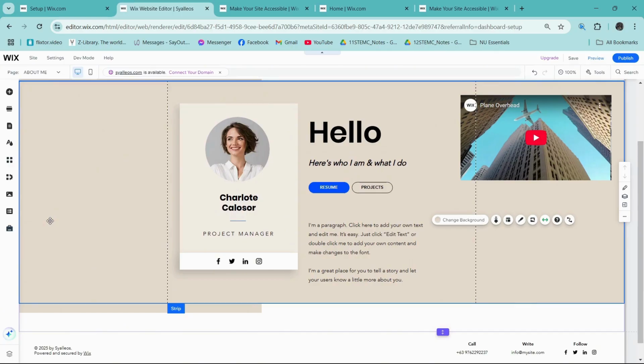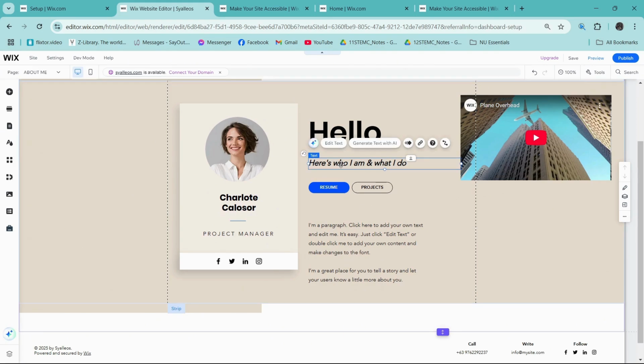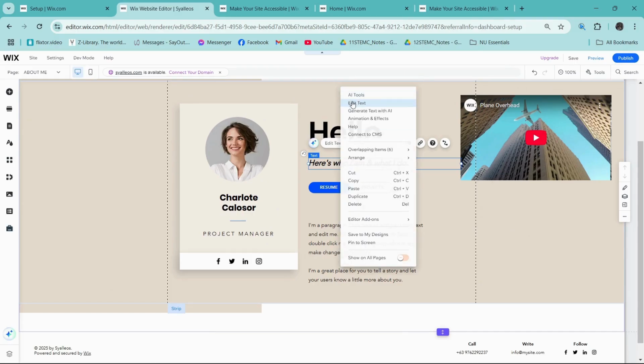First, you need to open your Wix account on your browser, and once you're in, go to the Wix editor and access the page where you want to modify the text. Then, click on the text box you want to modify, then right-click, and click Edit Text,